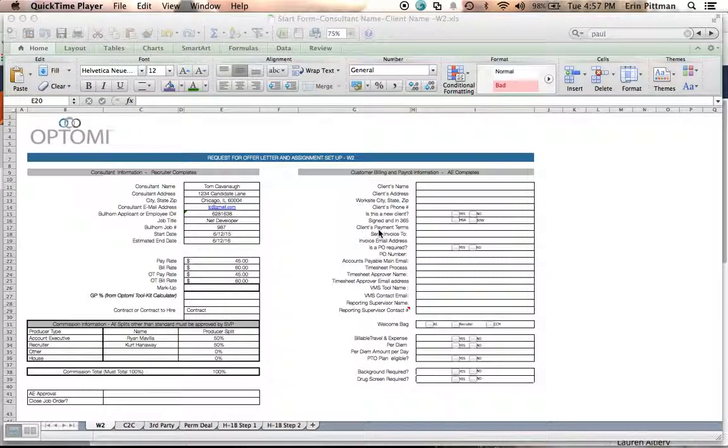All right, so now you have had the opportunity to learn about putting your client in Bullhorn and what type of information is going to be needed to get your brand new consultant onboarded. Congratulations, this is the start form. This is the piece of paper or electronic piece of paper that you're going to be sending over to Consultant Care with some information about your consultant and your client that is going to help us get the onboarding process